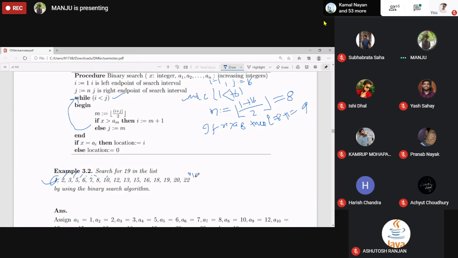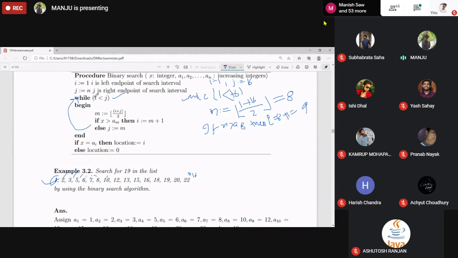After this step, i is 1, j is n. N in this term is 16, the location of the right endpoint. Got it?